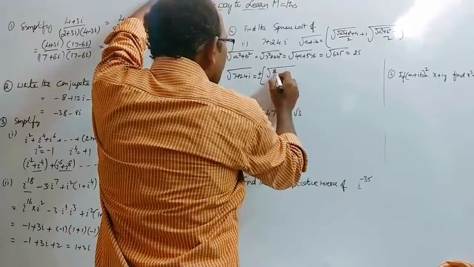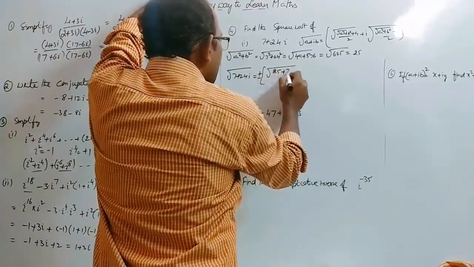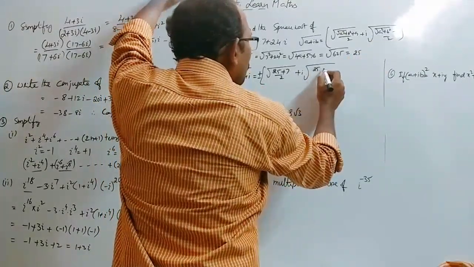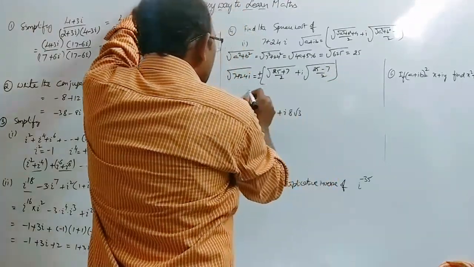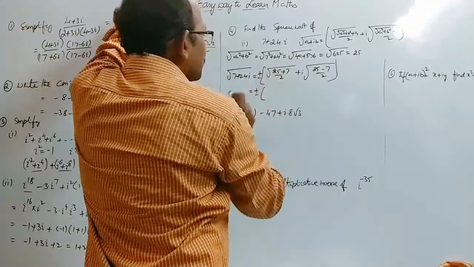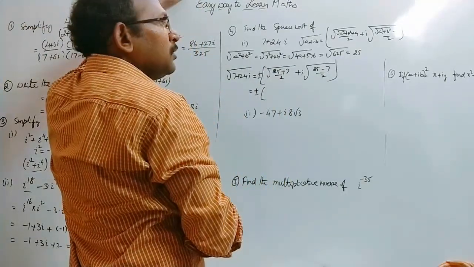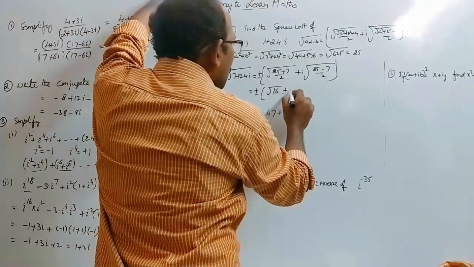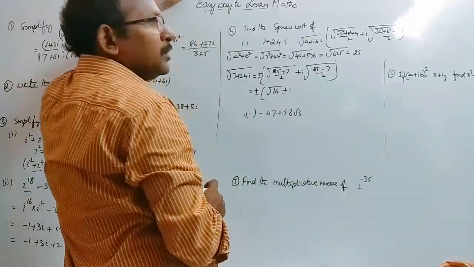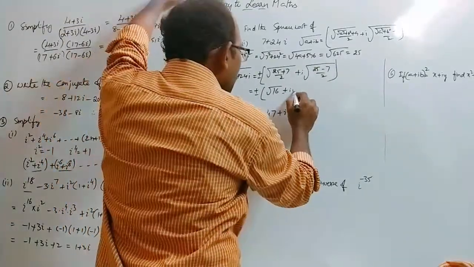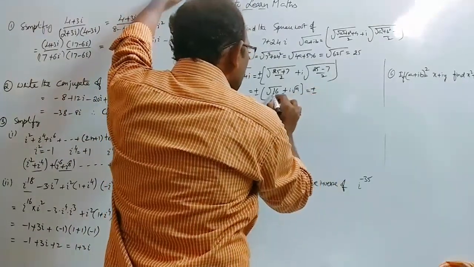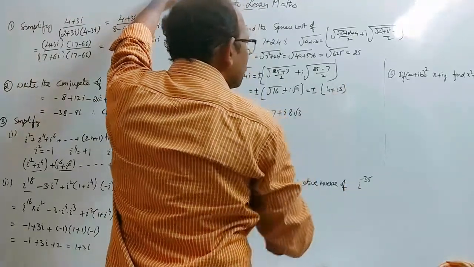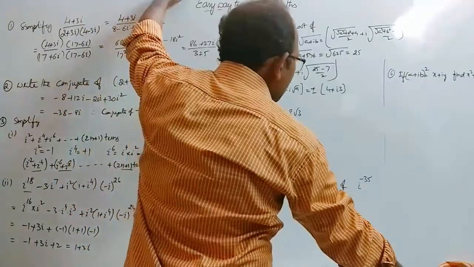Its value is root of (25 plus a, here 7) by 2 plus i into root of (a square plus b square minus a, that is 25 minus 7) by 2. Now that is equal to plus or minus root of (25 plus 7 is 32, 32 by 2 is 16) root 16 plus i into root of (here 25 minus 7 is 18, 18 by 2 is 9) root 9. Therefore that is equal to plus or minus, root 16 is 4, root 9 is 3, 4 plus i 3, or 3i. We can write it as 4 plus 3i.